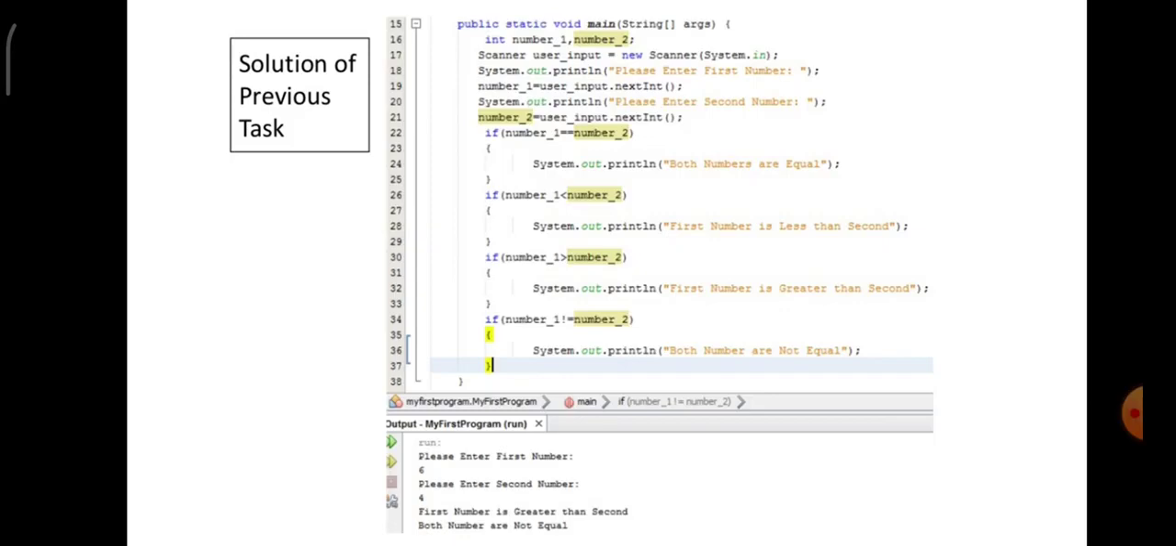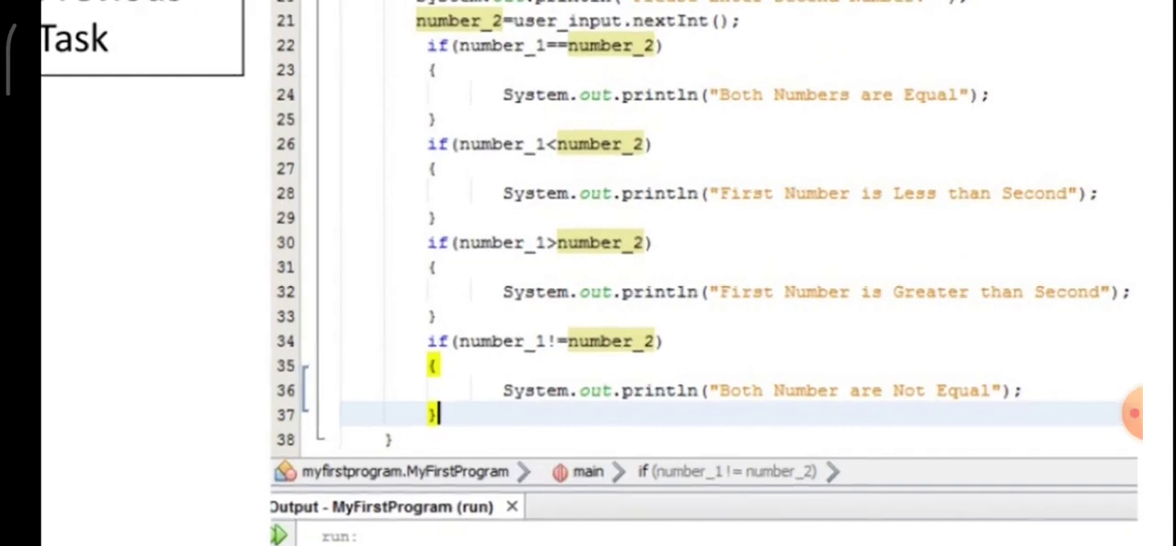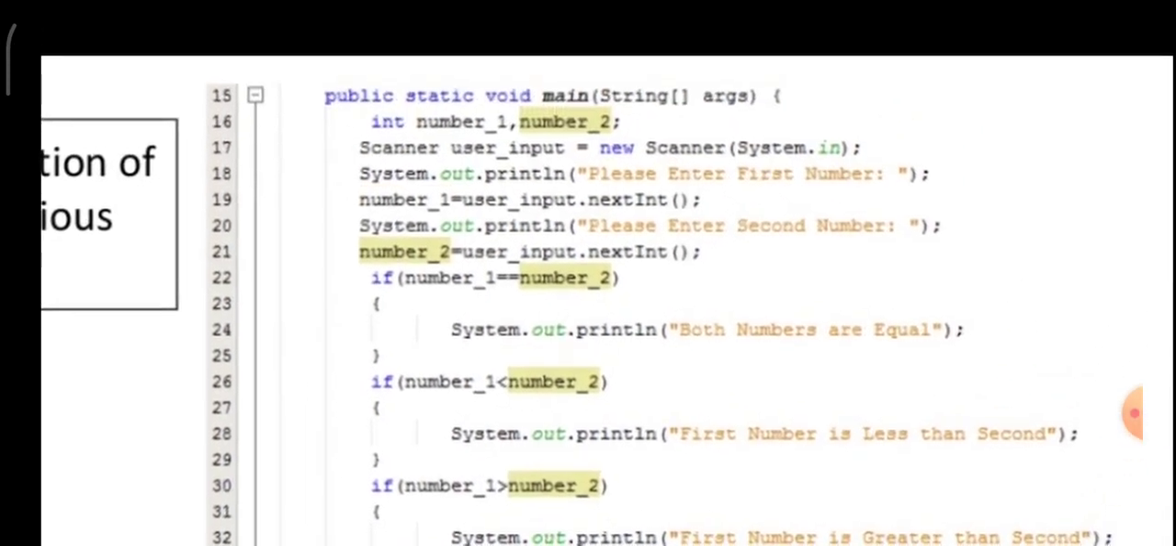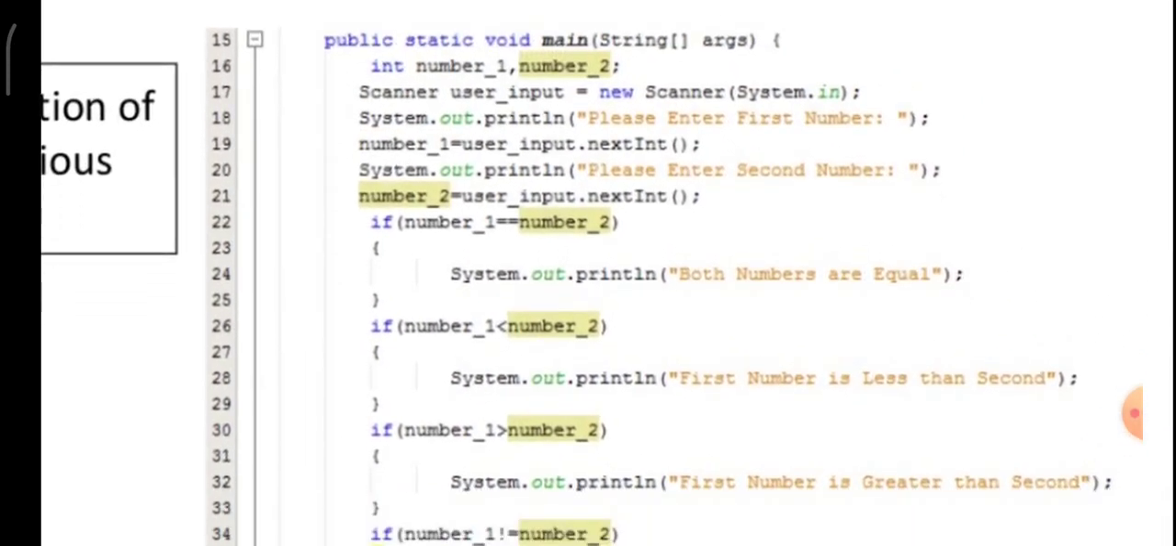Now this is the solution, children. It is very clearly given. Let me maximize this here. As you can see, the main method declares integers number 1, number 2. You should write it as number underscore 1 comma number underscore 2. Scanner user underscore input is equal to new Scanner(System.in). This is nothing but